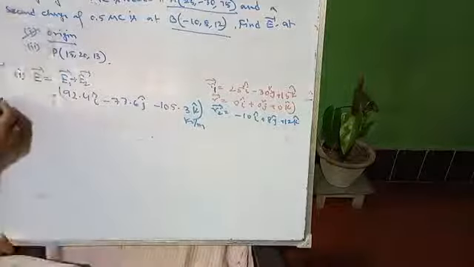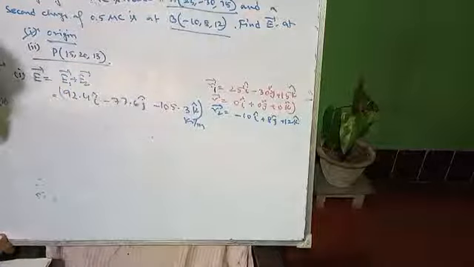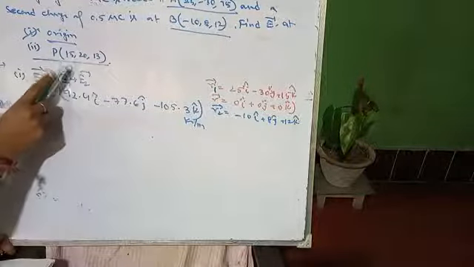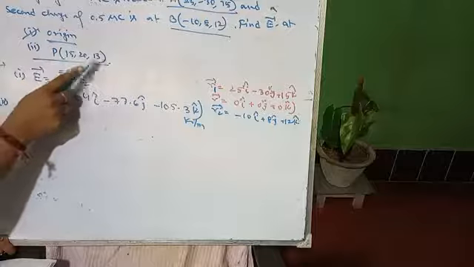So now I will move into the second problem, that is due to this point. Here you have to calculate the intensity. You have to find the intensity at another point other than the origin, which has the coordinate 15 i cap plus 20 j cap plus 13 k cap.